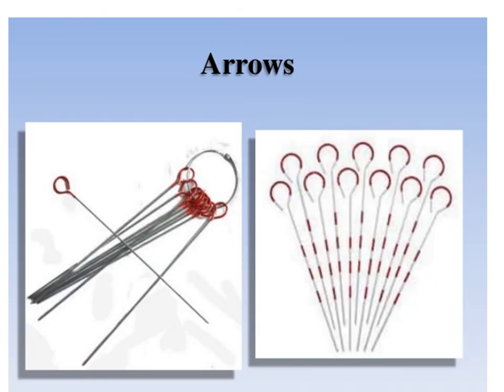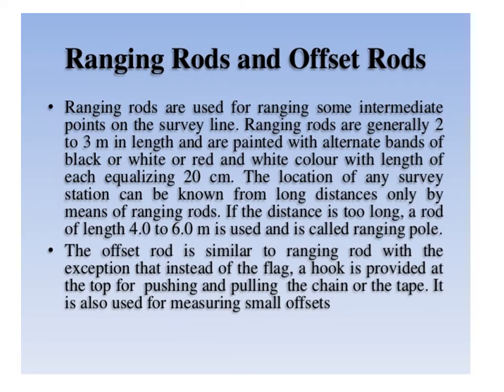This slide refers to testing and adjustment of chain. This figure shows test cause. So in this slide we are going to see the different methods of linear measurement. One is by approximate method, second is by using chain or tape, third is by optical means and fourth is by using electromagnetic distance measuring instruments.